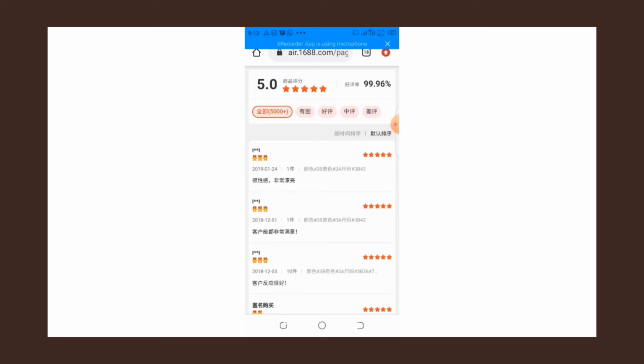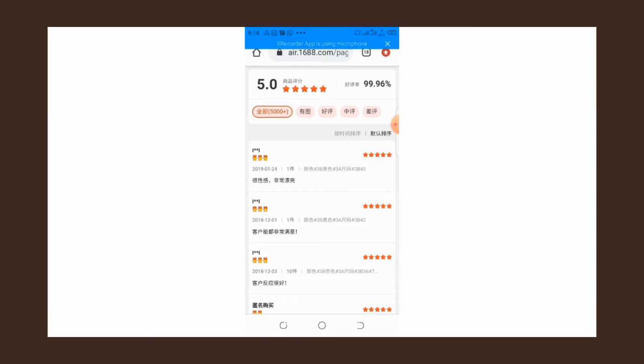Okay guys, here we are. I'm trying to show us how to translate this review so we will be able to know what the previous buyers are saying. I made mention of using Hi Dictionary. Yes, you can use Hi Dictionary to translate this website or even the app. But the truth is, you can't use Hi Dictionary to translate these reviews. So we'll be making use of another app, and that app is Photo Translator app.